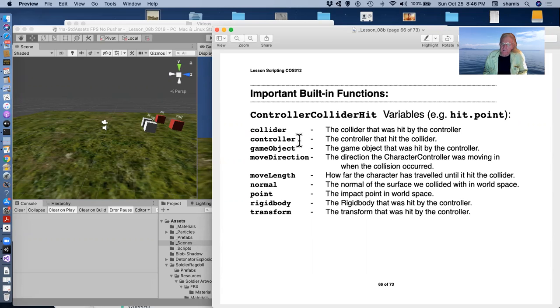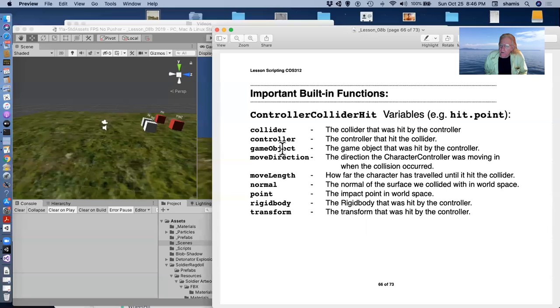If we hit another character, it can also get, generically, the game object that was hit by the controller. It also has information about the direction that the character controller was moving when the collision occurred,